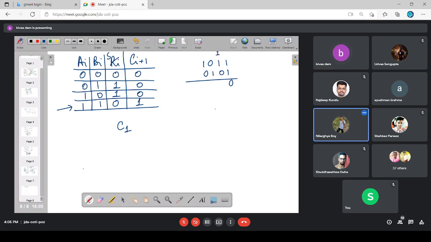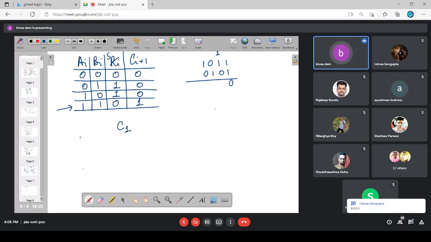C1 is 1. Okay. So now when you go for the second stage, I is equal to 1st stage. This was for the I is equal to 0th stage. A0 and B0 were 1, 1. S0 or R0, whatever you say, is 0, and C1 is 1. So that's the thing you have obtained.